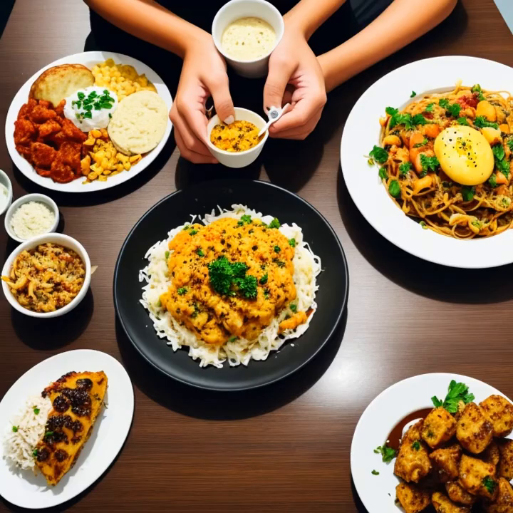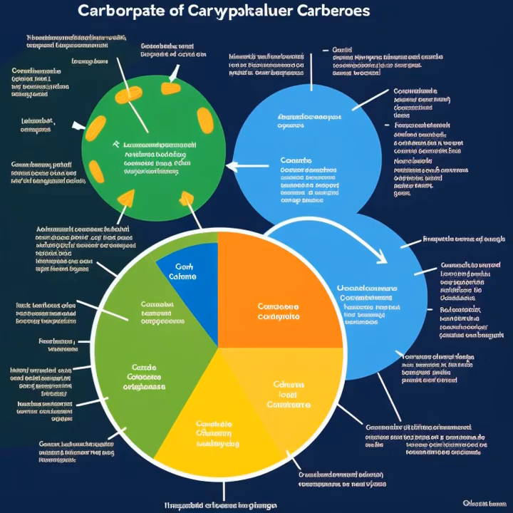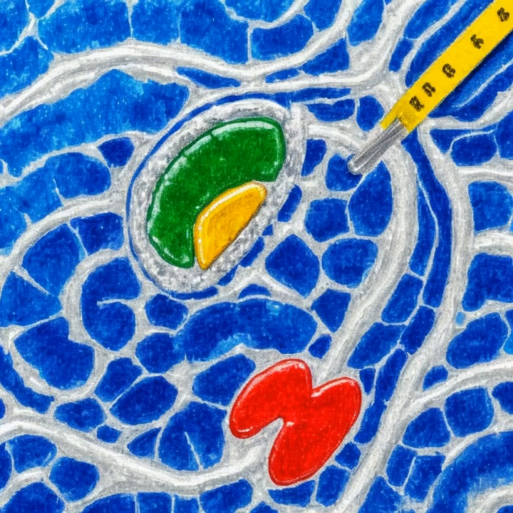Now that we've discussed the differences between type 1 and type 2 diabetes, let's explore the role of glucose in the body, how it's regulated by insulin, and why maintaining proper blood sugar levels is crucial for overall health. Glucose is a simple sugar that serves as the primary source of energy for our cells. We obtain glucose from the foods we eat,